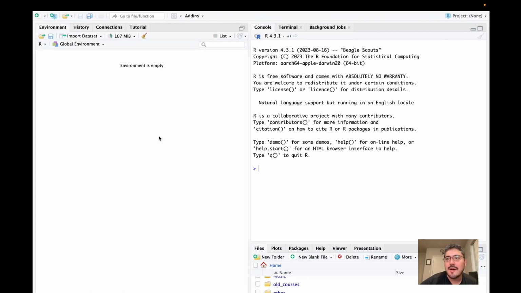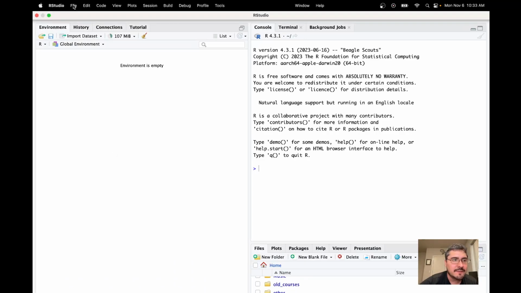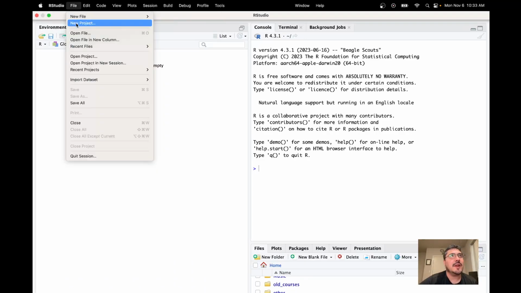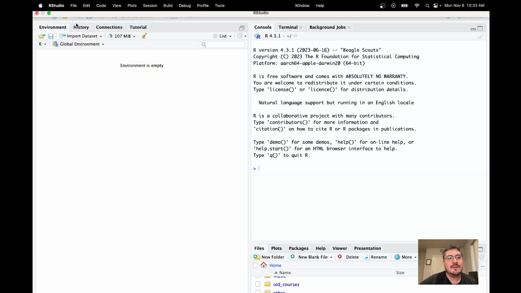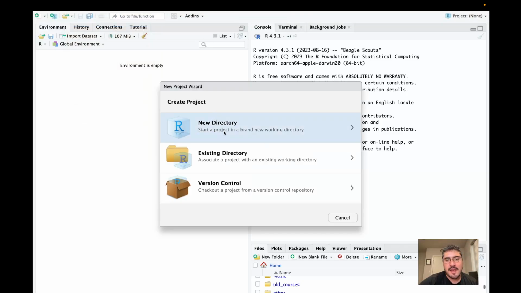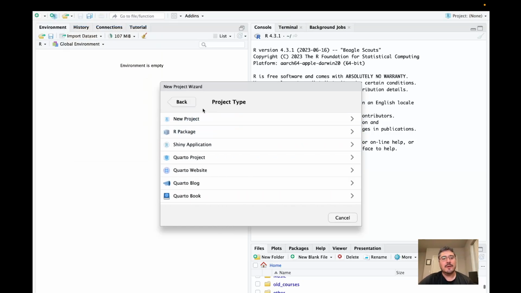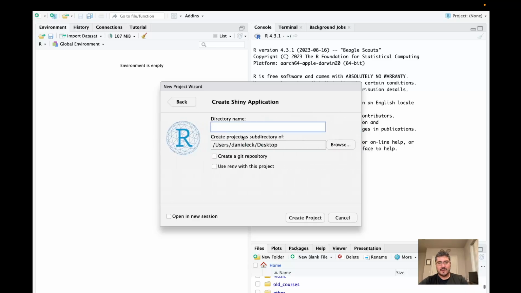Okay, so how do I do this in R? First of all, we are going to create a new project, and we'll do a new directory. Normally, when we created our Stat385 R project, which I've saved on my desktop, we did a regular project, but now, instead, we're going to create a Shiny application. I'm going to save it on my desktop. We'll call it